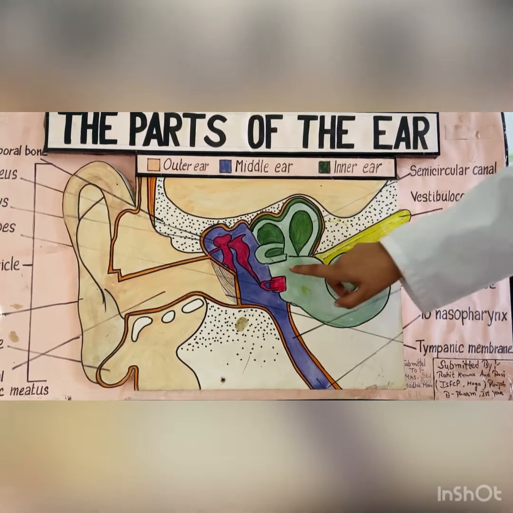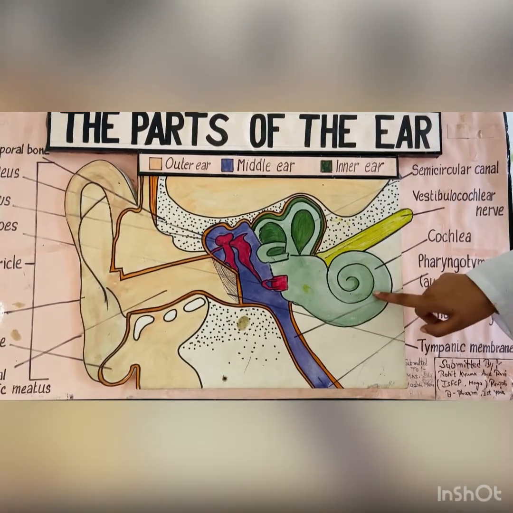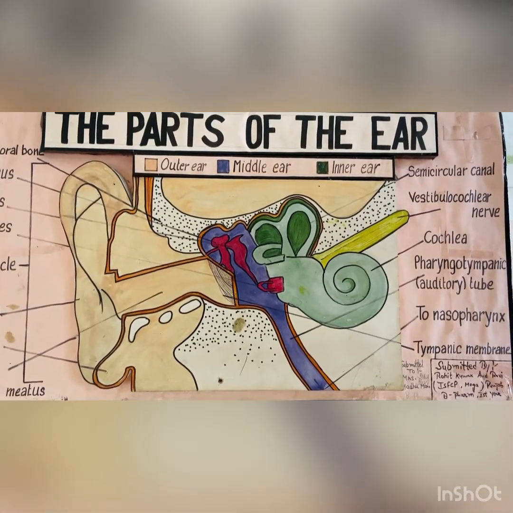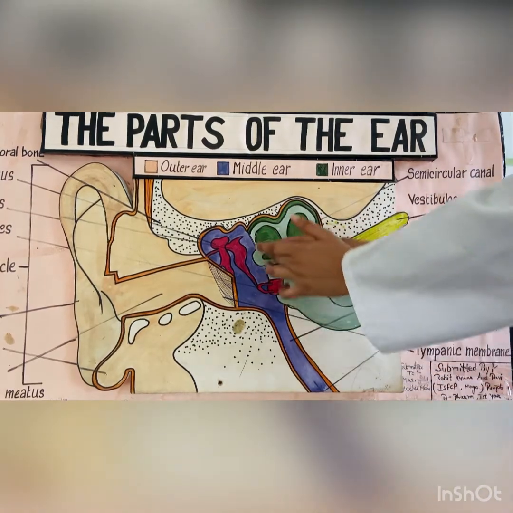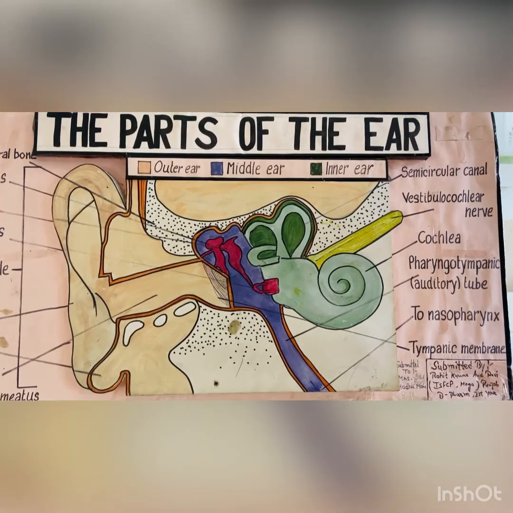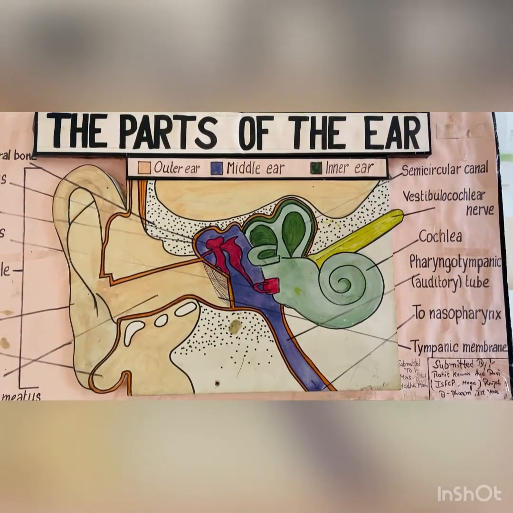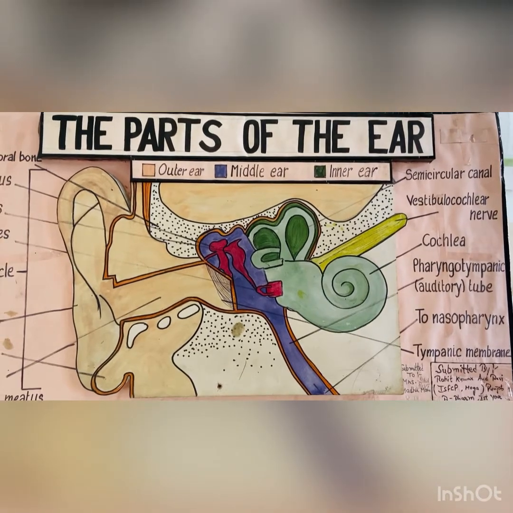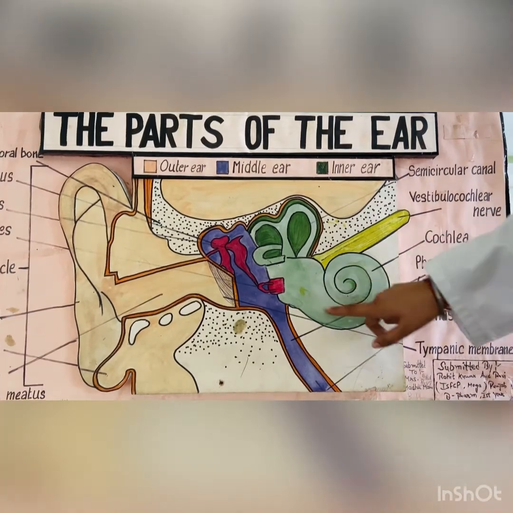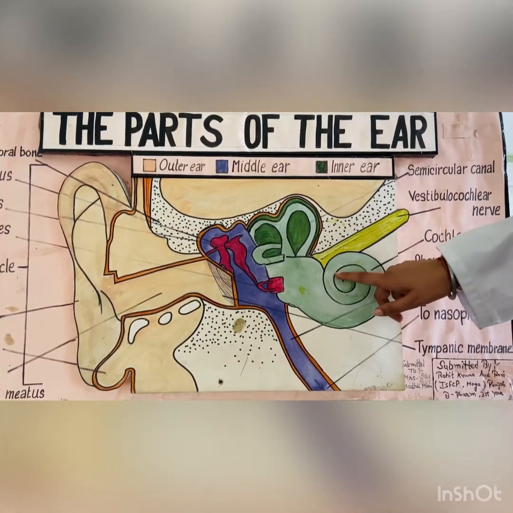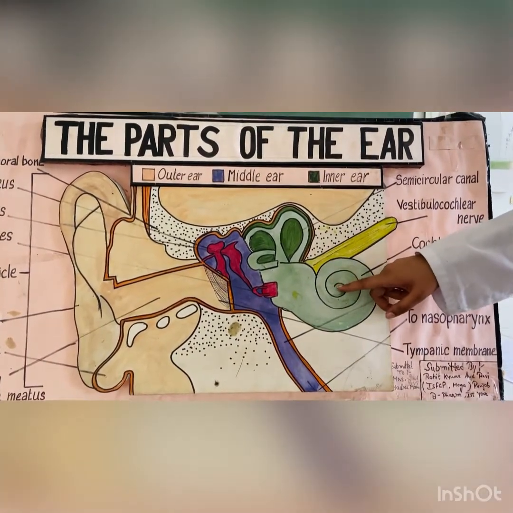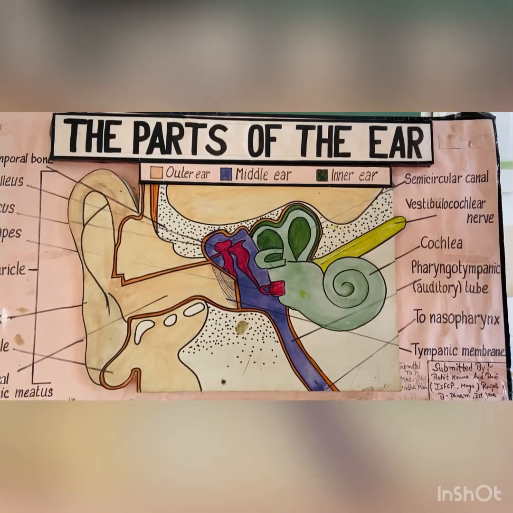Next, the vestibule of the ear consists of the oval window and round window in its lateral wall, and it also consists of two membranous sacs known as the utricle and the saccule. They are very important in maintaining the balance, whereas the other part, the cochlea, is snail-like in structure. It has an important organ of hearing known as the organ of Corti.